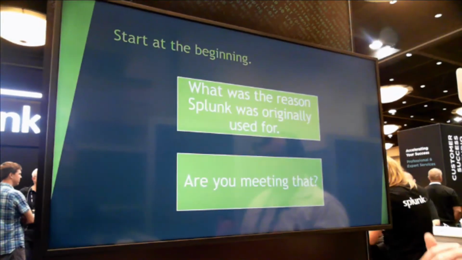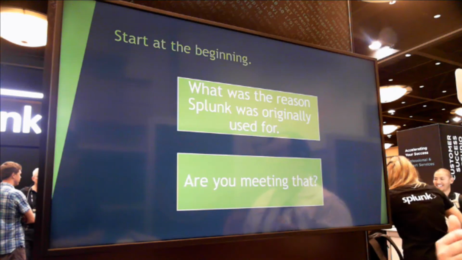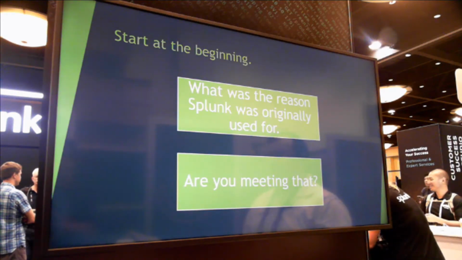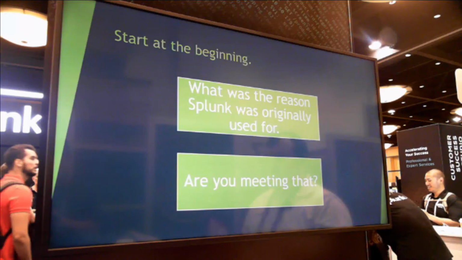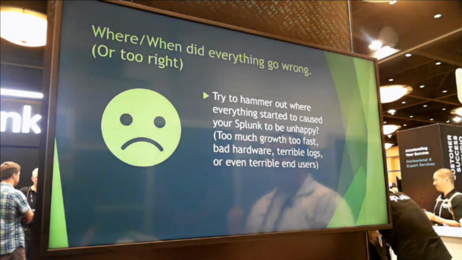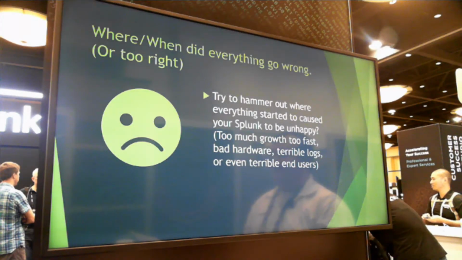One thing you should do is start at the beginning. Find out why Splunk was purchased. Why did you get it? What was its original use case? Are you meeting that, or did something go terribly wrong? Either you became too popular, which Splunk does a lot. Maybe you're just not putting stuff into your Splunk the way you should. You're just trying to throw everything you can at it to see what sticks and what doesn't, which isn't always the best use case. I've seen it, but sometimes you just gotta take a step back and ask these questions